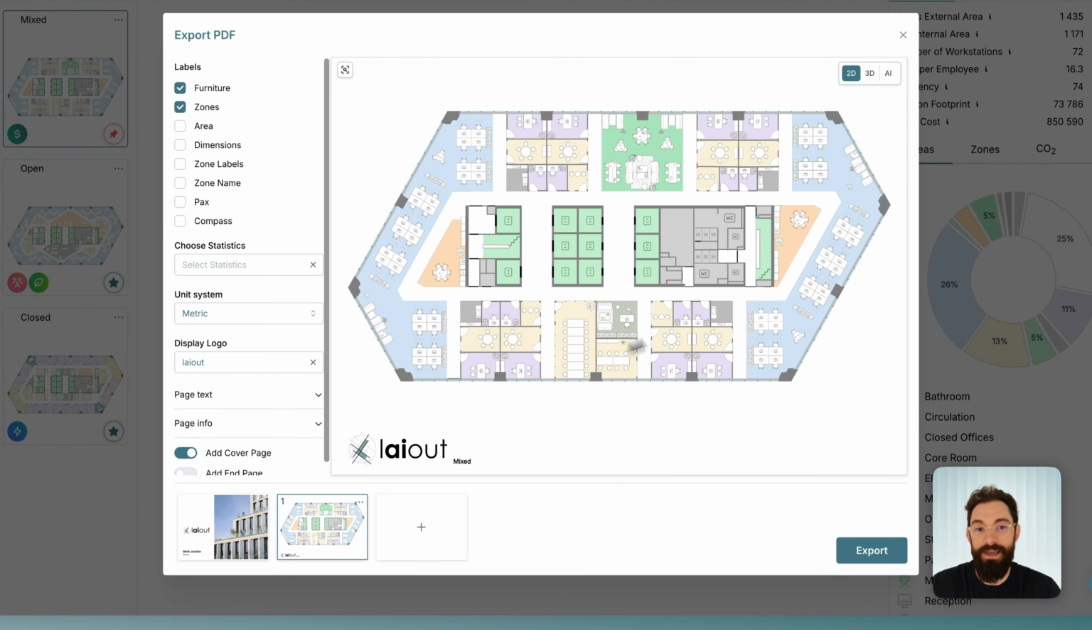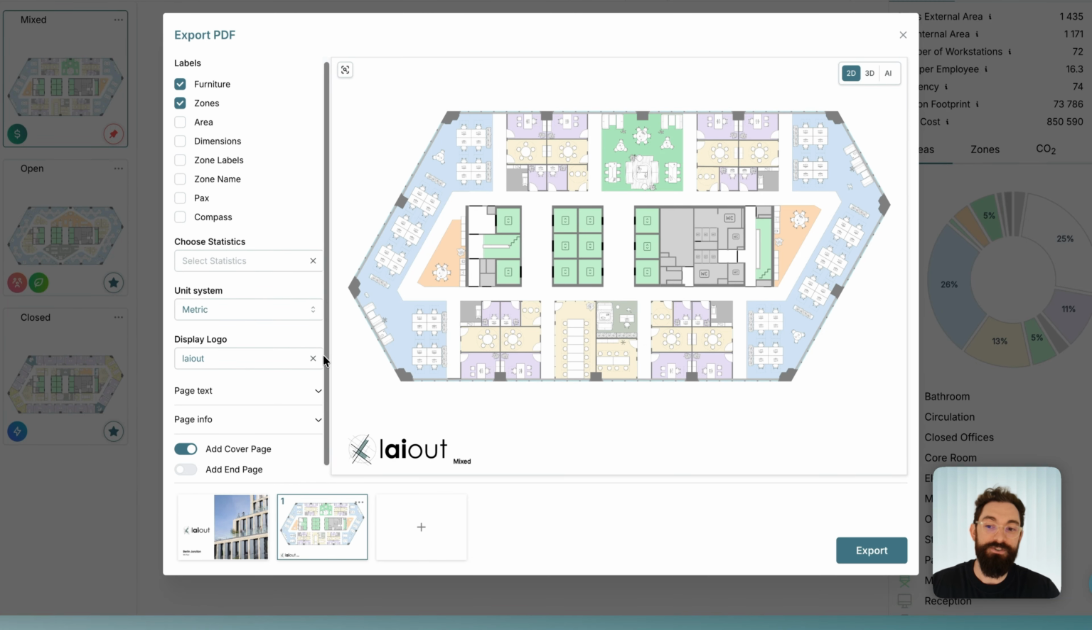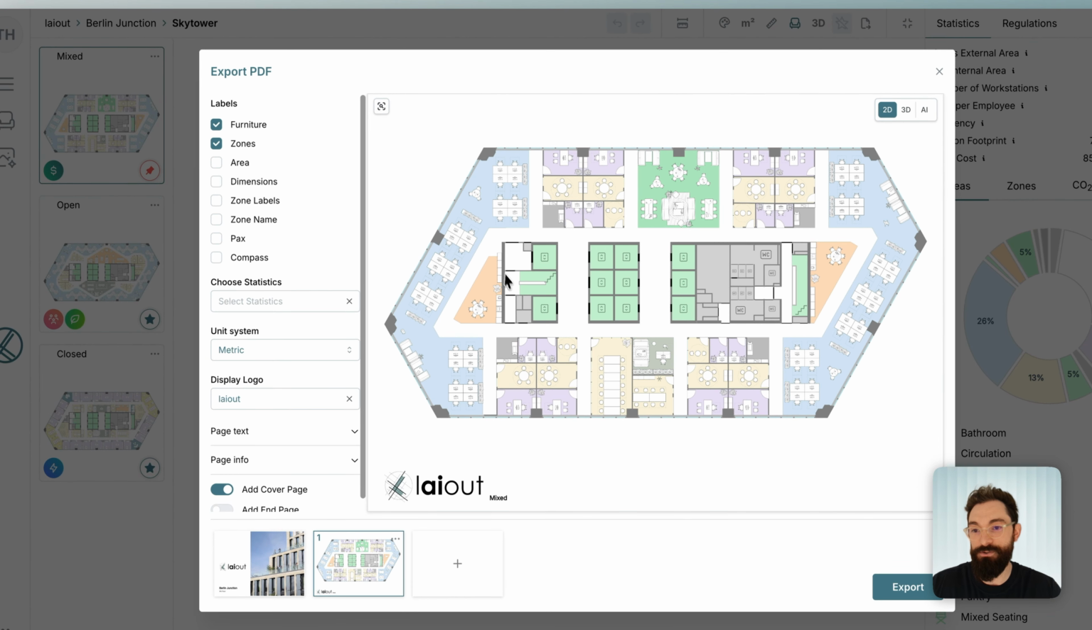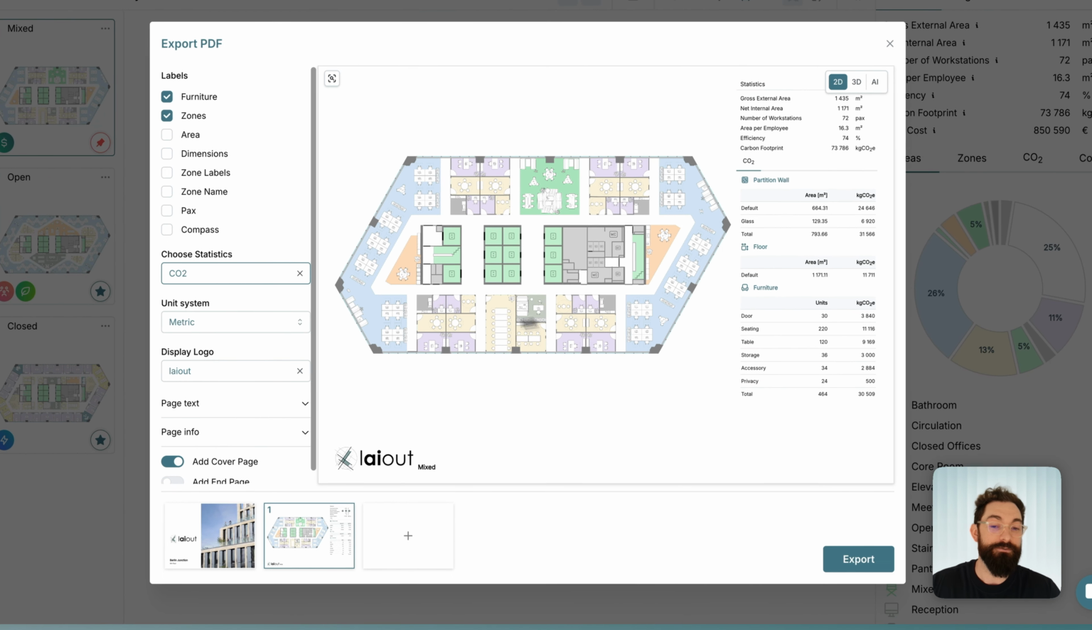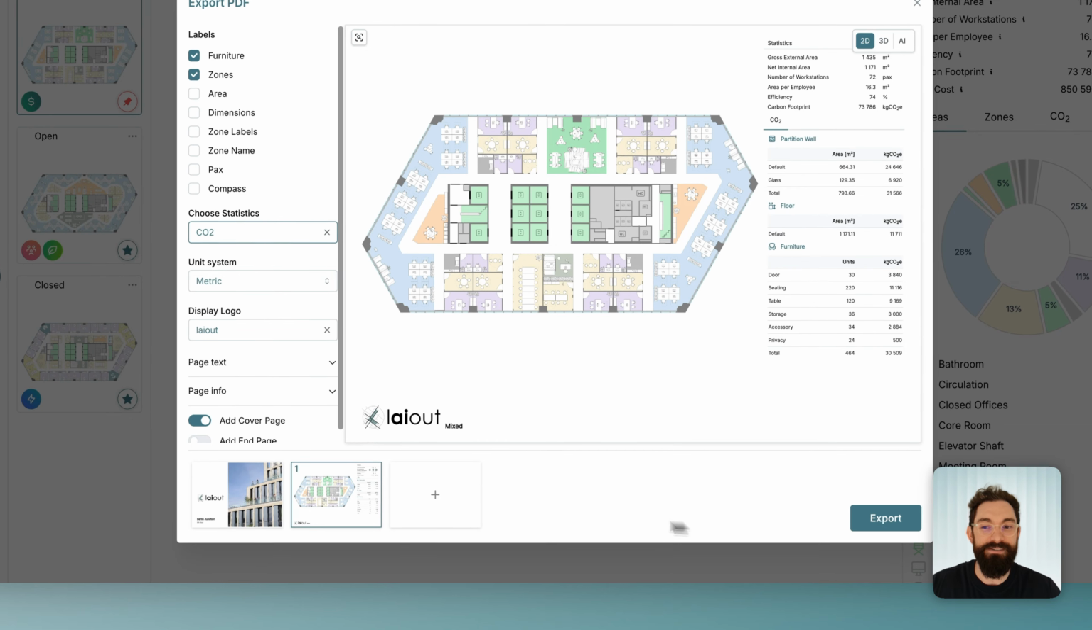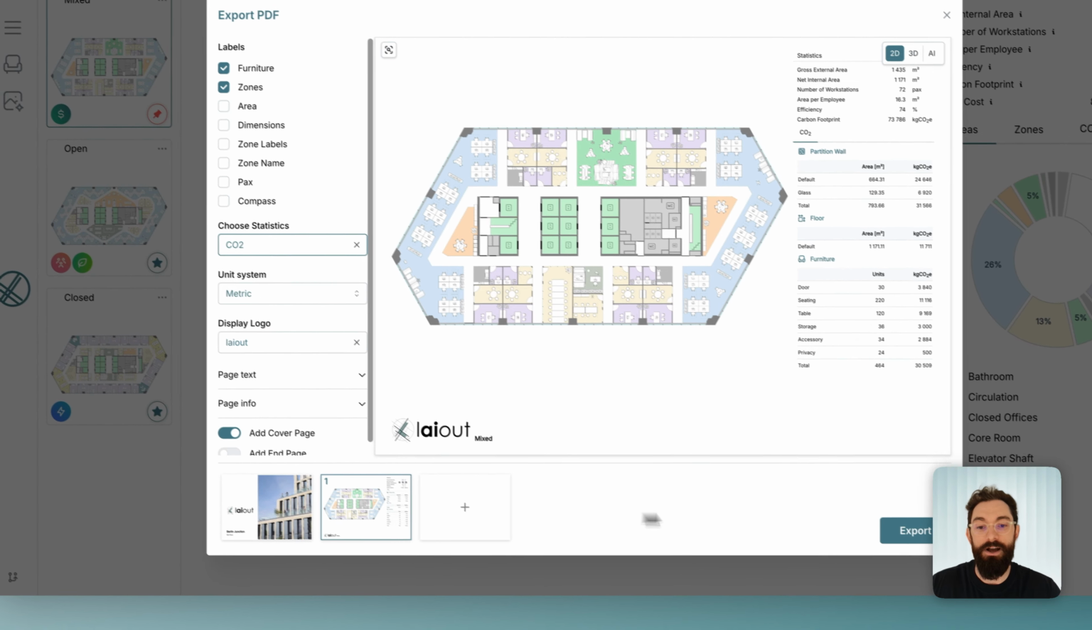Let's go into our first page. And obviously we have one of our designs here. You could include a multitude of designs based on what you're trying to present to your stakeholders. We could also choose some statistics to add. For instance, maybe we want to add the costs onto one page, or maybe we want to have the CO2 or different zones. You can go and build out your presentation based on the kind of dialogue and story that